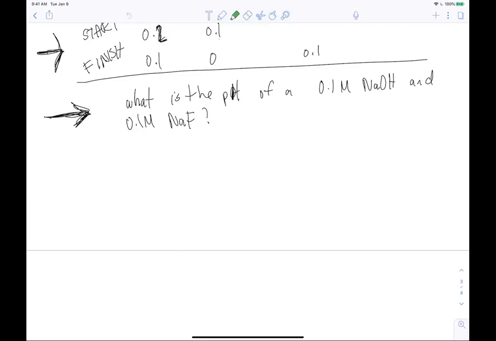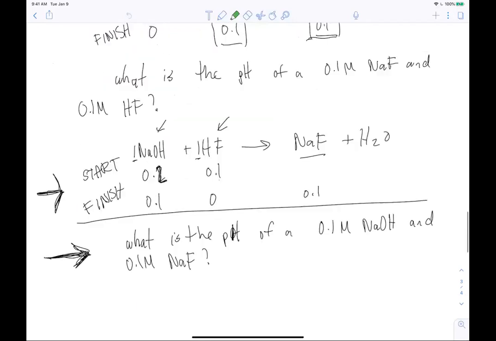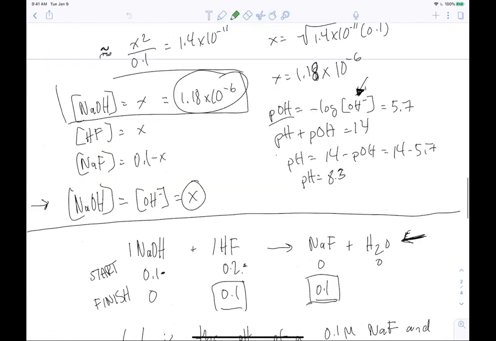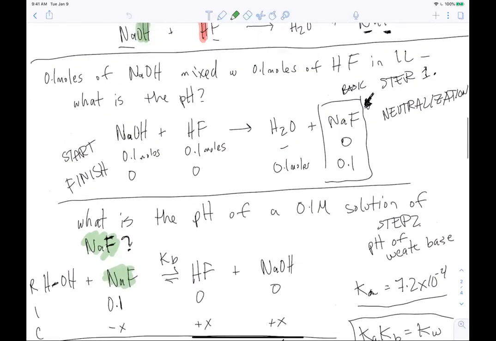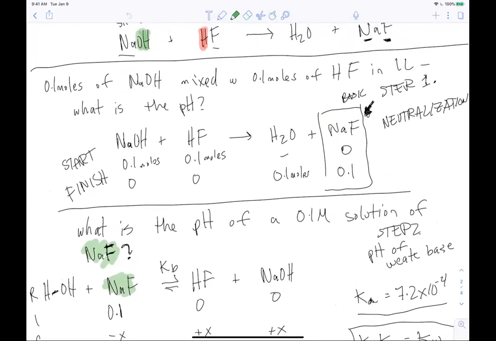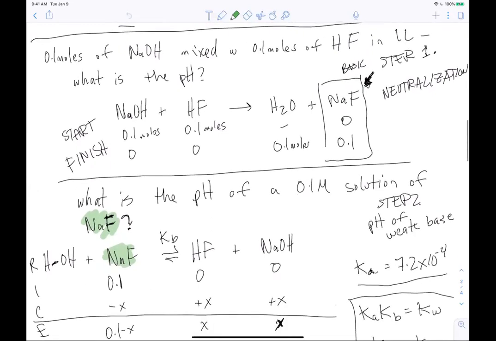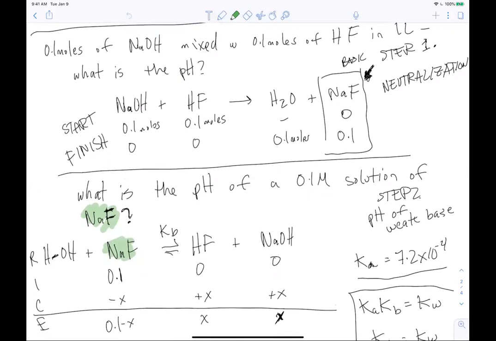Let's see. So going back here. I wouldn't say I necessarily wrote the equation going backwards. The important thing here, so at the end of the neutralization reaction,